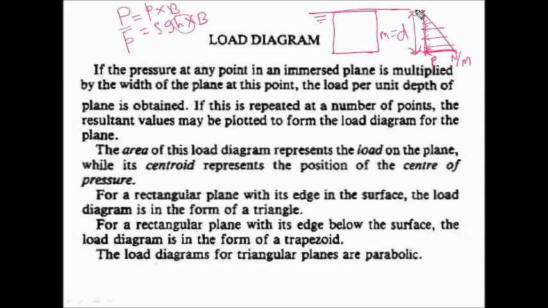So if you find the area of this load diagram, that will be the load acting on the bulkhead. You can do the calculation like this. What is the area of this load diagram? The load diagram is a triangle, so area will be half into base. The base will be this maximum load into depth. What is the unit of the load? Newton per meter. And what is the unit of the depth? Meter. So meter gets cancelled. The final thing left is Newton.